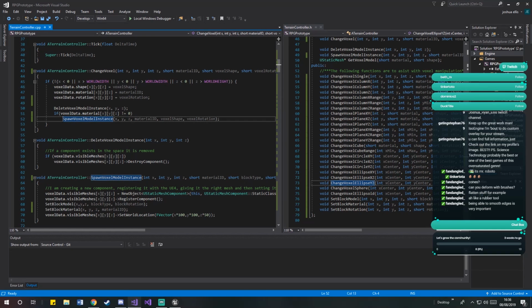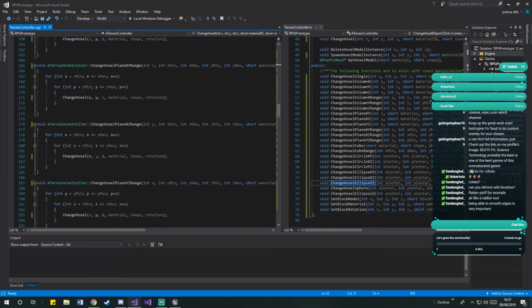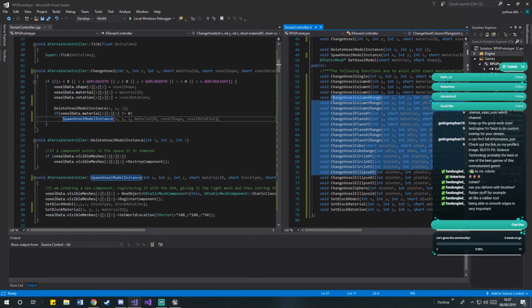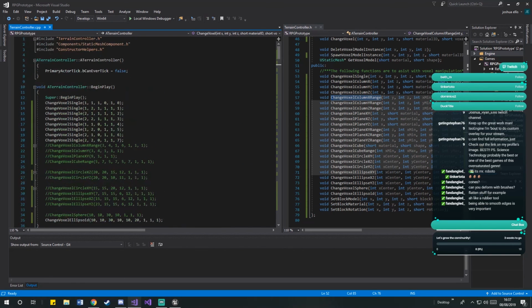So in this case, we're basically passing in the region that we've selected via one of these function definitions, and then saying delete the visual component initially to get rid of the old stuff. And then if it's not equal to 0, we want to spawn something in using the new material type. That should work. So to test that, what I'll do is I'll make the